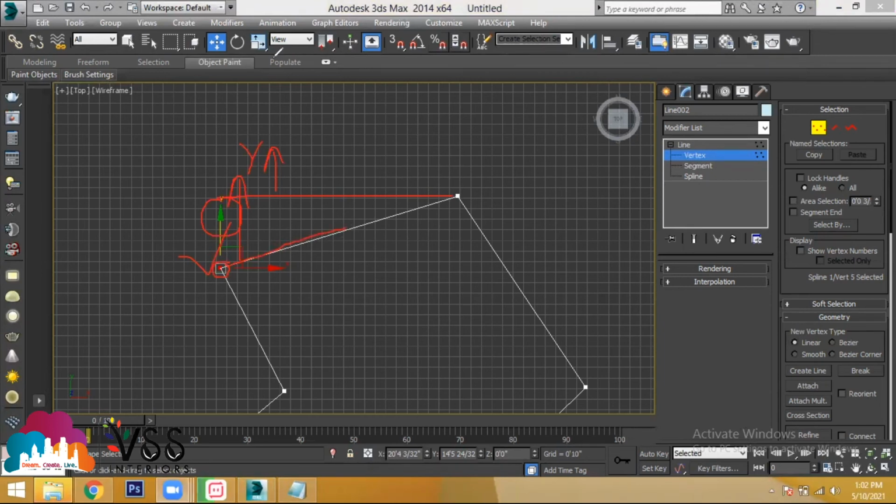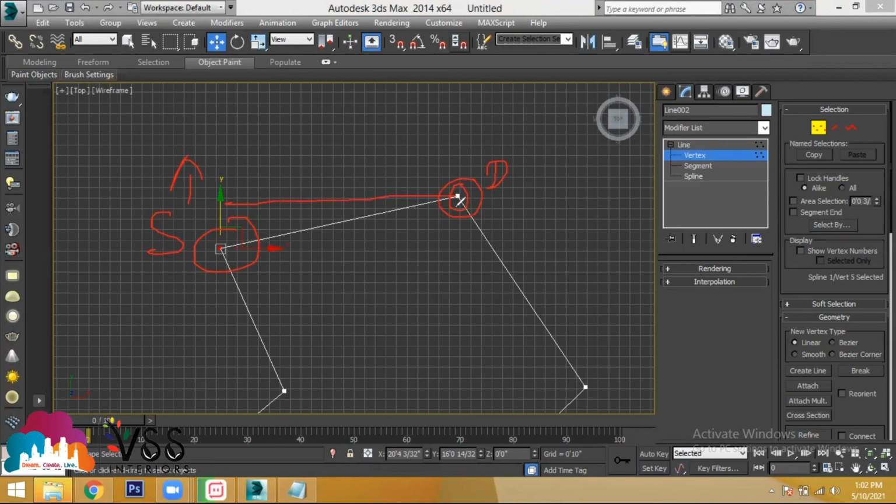So by dragging the mouse like this, you can't make the line straight. In that case, what you have to do is select the destination endpoint. If you want to move this endpoint in y direction and make it straight, select the destination. For this line, the destination will be this one. Now this is destination and this is source. Source is nothing but the object which you want to select and move, and the destination is nothing but which will remain constant, and from there the line has to become straight like this. So that will become your destination.